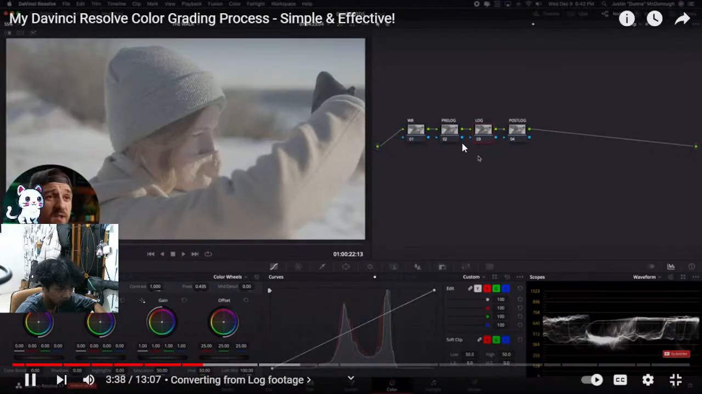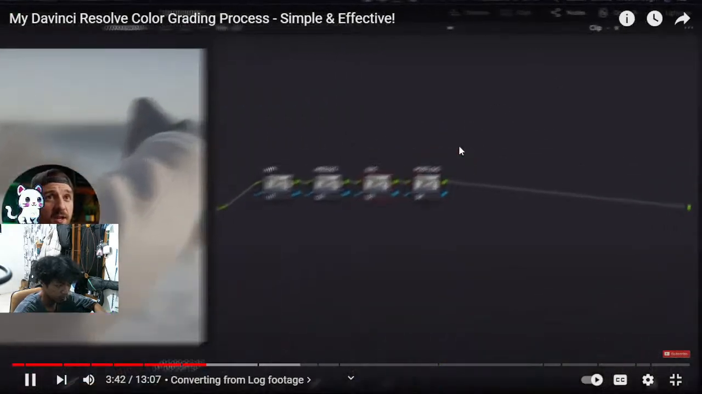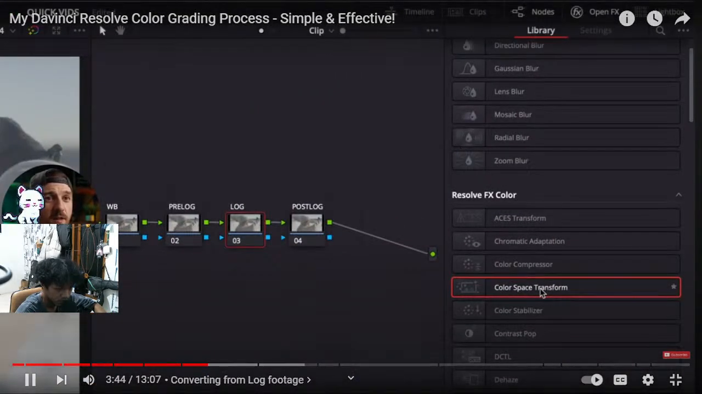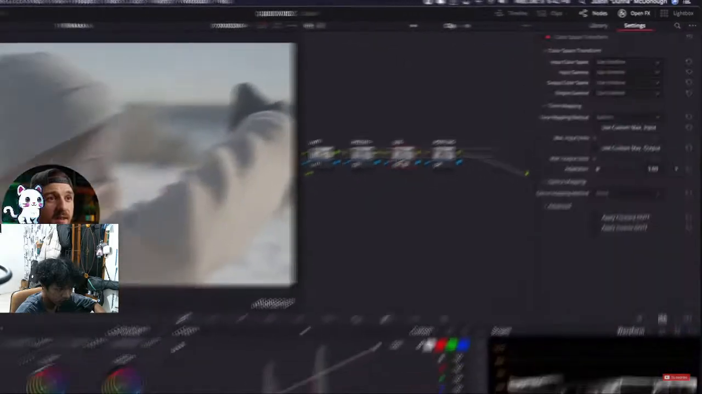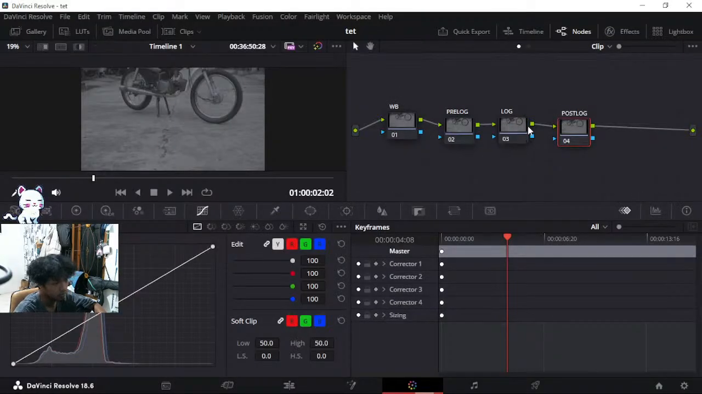Now, what I'm going to do for this one, because I didn't specifically shoot it with the Leeming LUT in mind, I'm actually going to go to Open Effects, I'm going to choose Color Space Transform, and drag it on there. And what this is going to